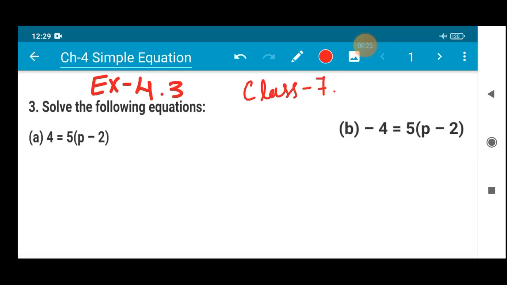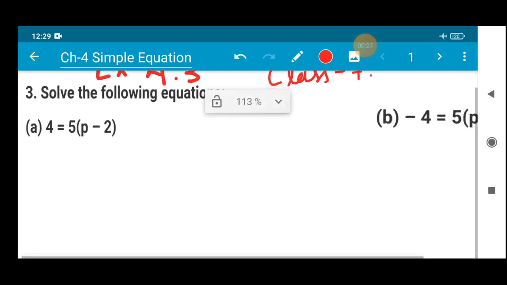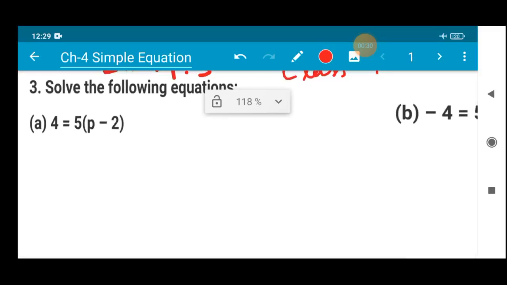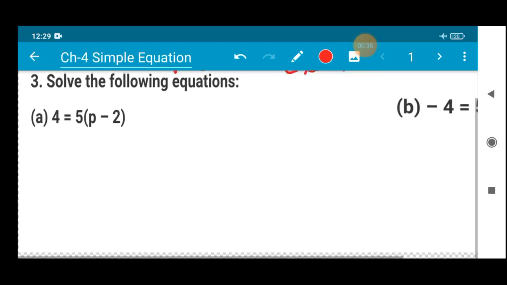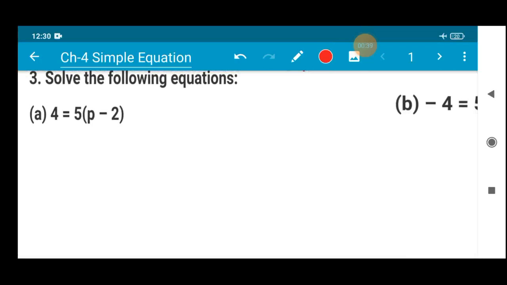I have already explained this to you. This type of sum can be dealt with in two methods, right? I have given you two methods: one by dividing or multiplication, and one by arranging the numbers or opening the bracket and solving like that, isn't it? I'll be doing two methods in the first question as a revision, but from question b I'll be using only one method. But your job is to find the value by both methods for every sum. Okay, all right. So let us solve.